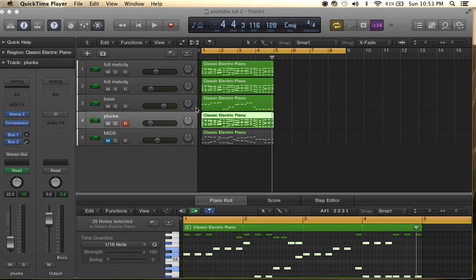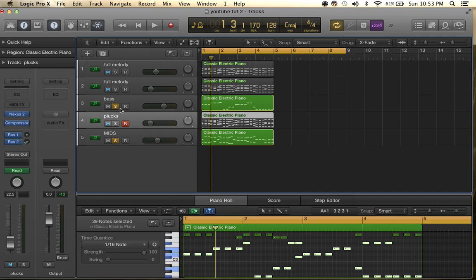The bass line is driving this right now, and that's what's giving it the big full effect, is that bass line and the compression. So the final thing I'm going to do is add these mids to our mix.